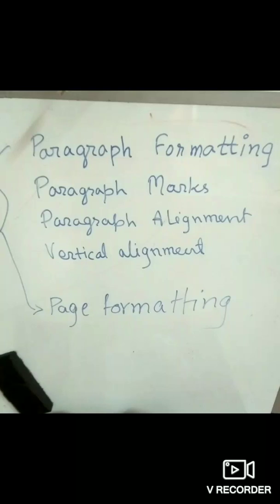What is a paragraph mark? In MS Word, the paragraph symbol is called Pilcrow. You can find it in the book also. The Pilcrow symbol is used for marking the paragraph. It represents a paragraph mark. This symbol can be seen at the end of each paragraph every time the Enter key is pressed.